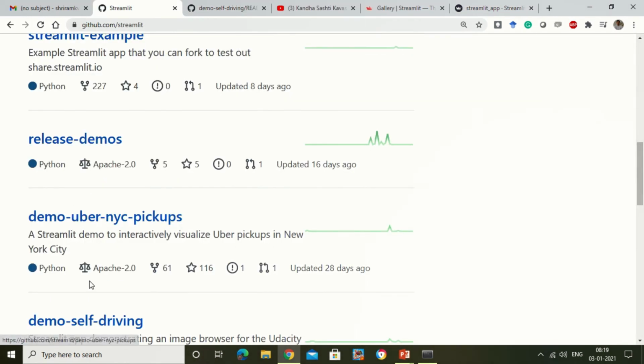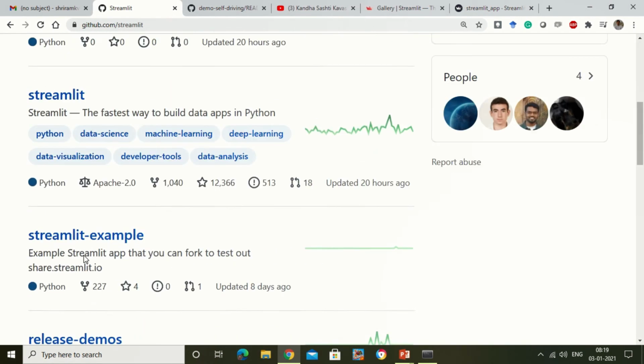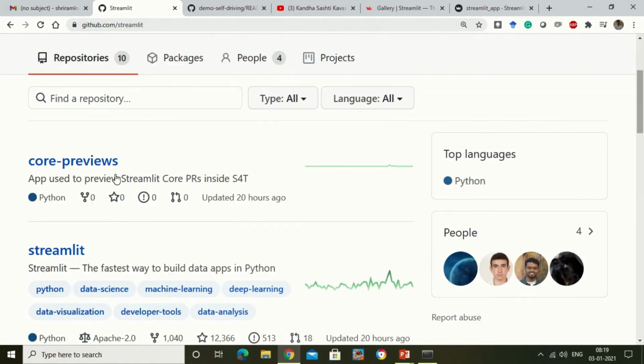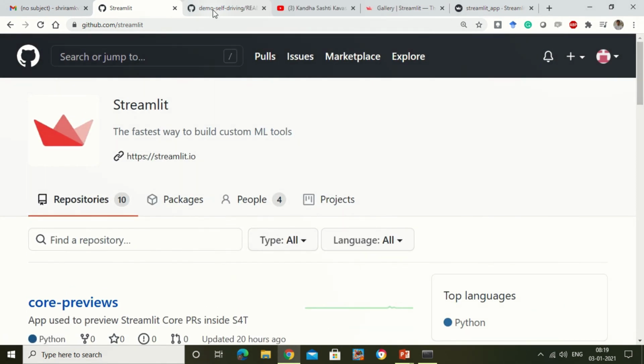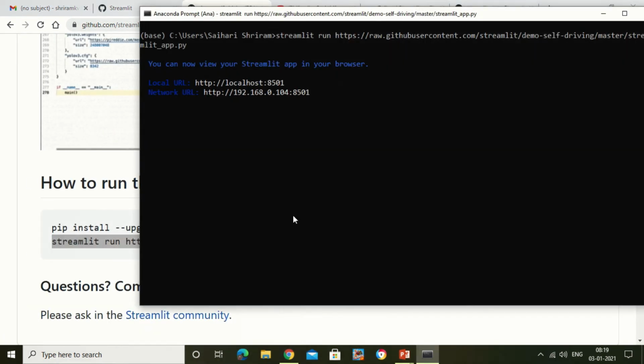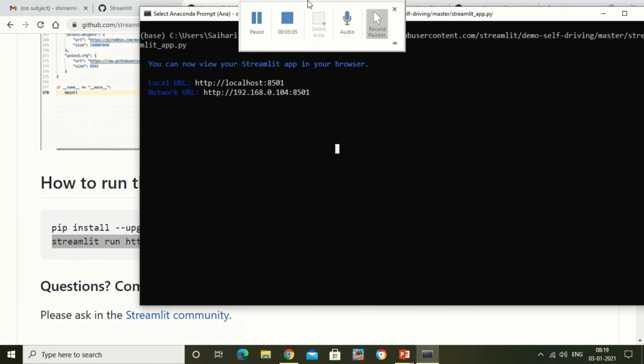So we have got a lot of demos available. Try out the rest of the demos, and it's going to be interesting for you. And it's Python with Streamlit, which is going to get you clean, beautiful applications for you to build. That's it in this session. I'll come back to you in the next session, where we will understand how to develop machine learning applications with Streamlit.